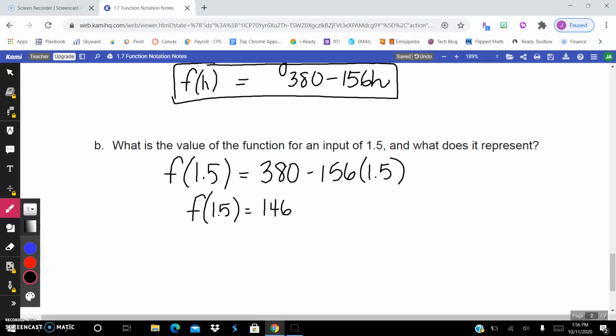So the 1.5, plugging that in, means that I've been traveling for an hour and a half. So 1.5 hours. And the 146 that I got for an answer is the distance remaining. So 146 kilometers remaining